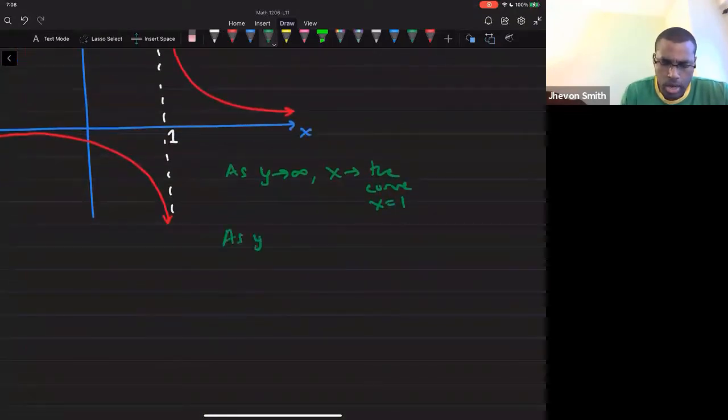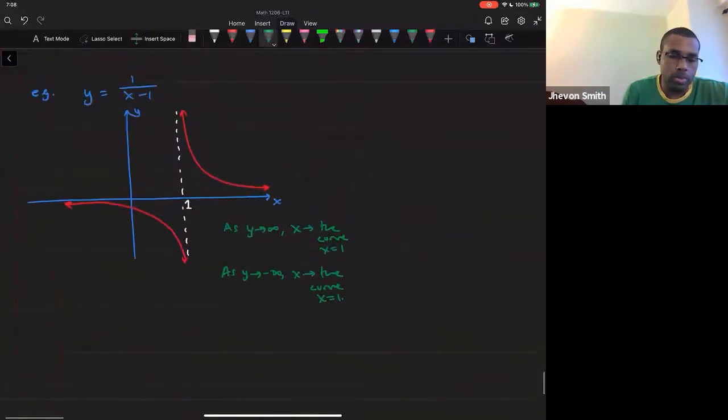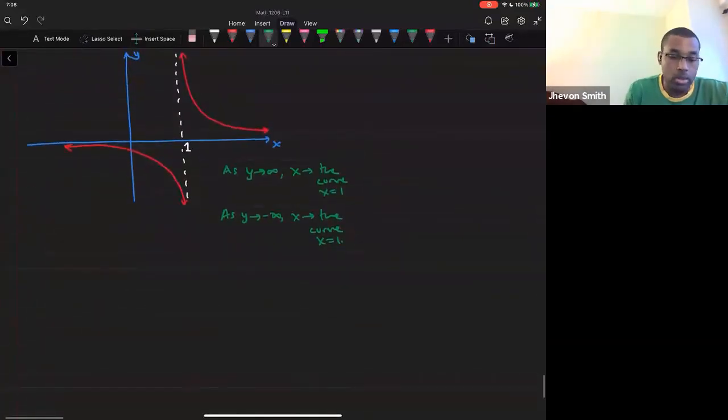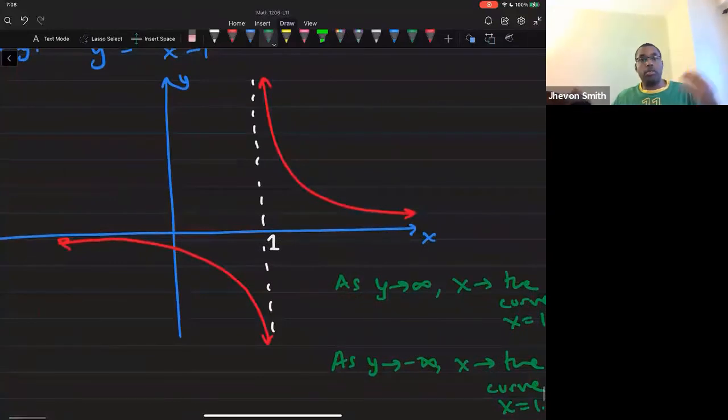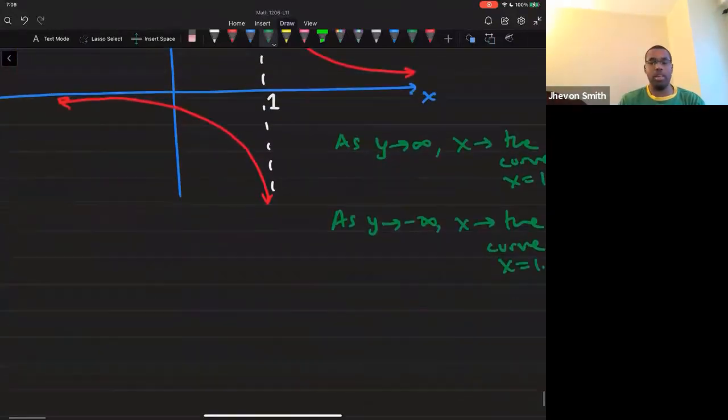And as your y approaches minus infinity, your x also approaches the curve x equals 1. And you can also see that as x approaches infinity, your y will approach the curve y equals 0. As your x approaches negative infinity,